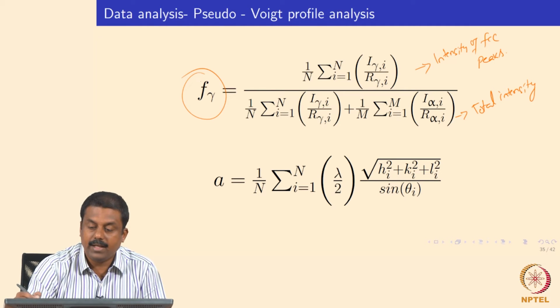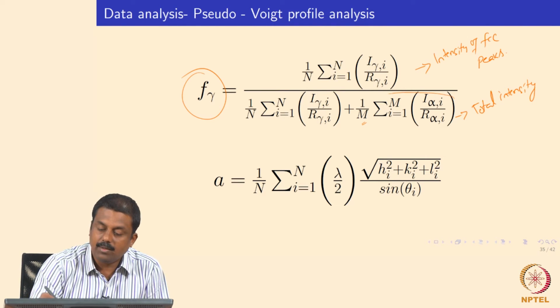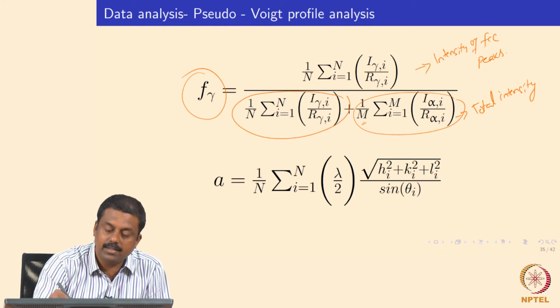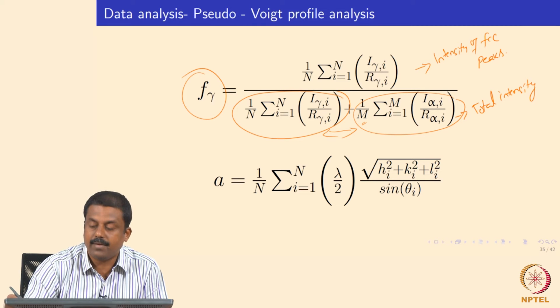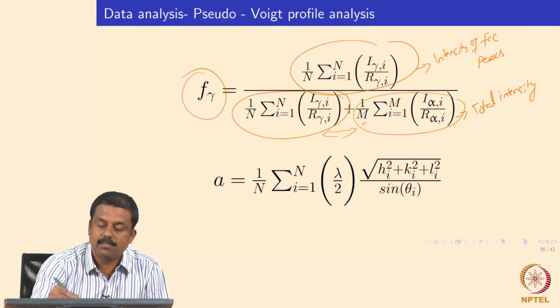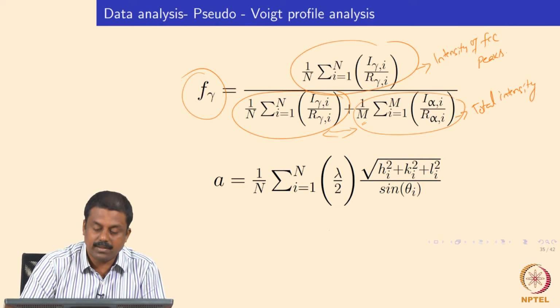So this is a very straightforward technique if you have good equipment. We can measure the entire diffraction pattern, the intensities of all the diffraction peaks, over the intensity of FCC peaks. Of course we have various factors, the multiplication factor and other factors, but there is no need to worry about them. Basically this equation is very simple. So we have a total intensity. For example, this is the total ferrite intensity and this is the total austenite intensity, and combined together they give you the total diffraction intensity of the microstructure over the intensity of FCC peaks, which gives you the volume fraction of retained austenite in the microstructure.